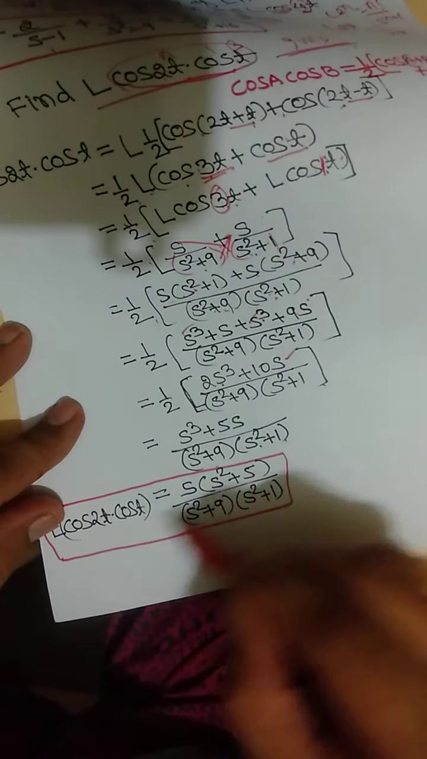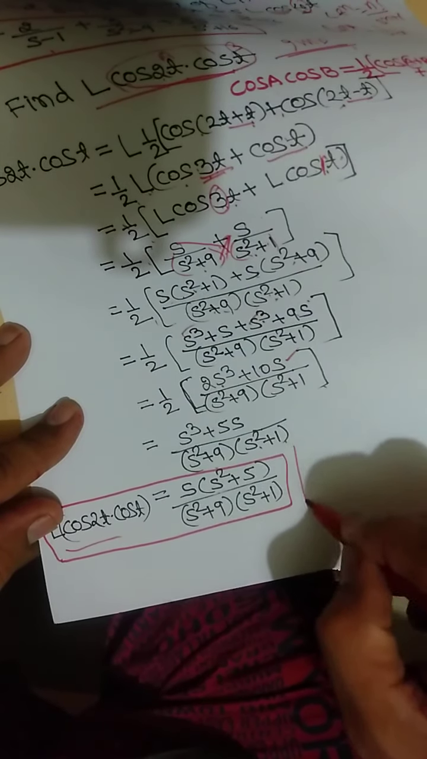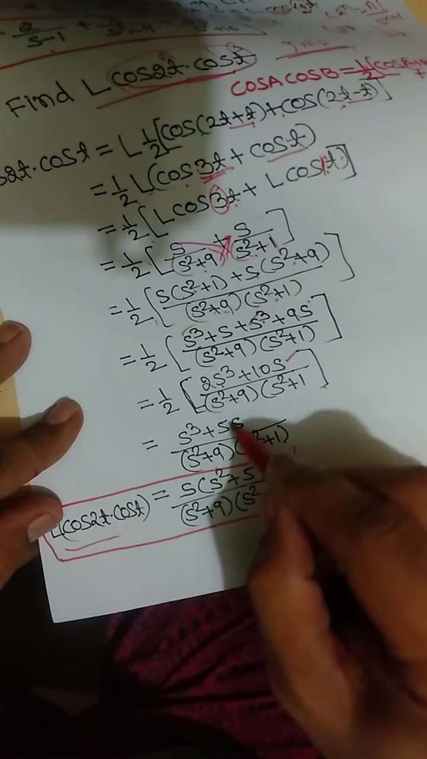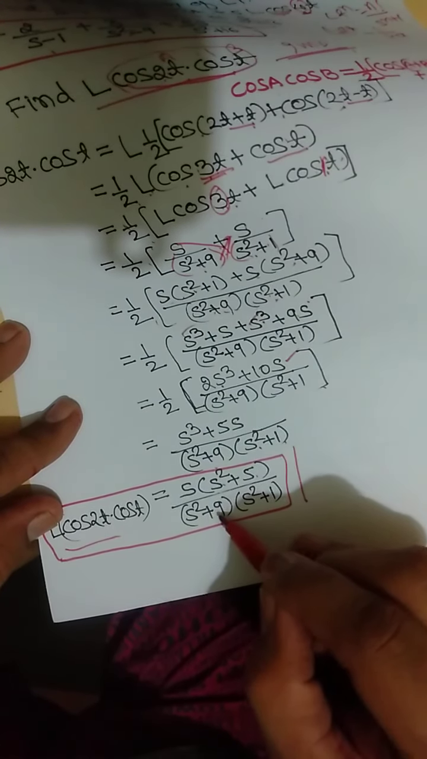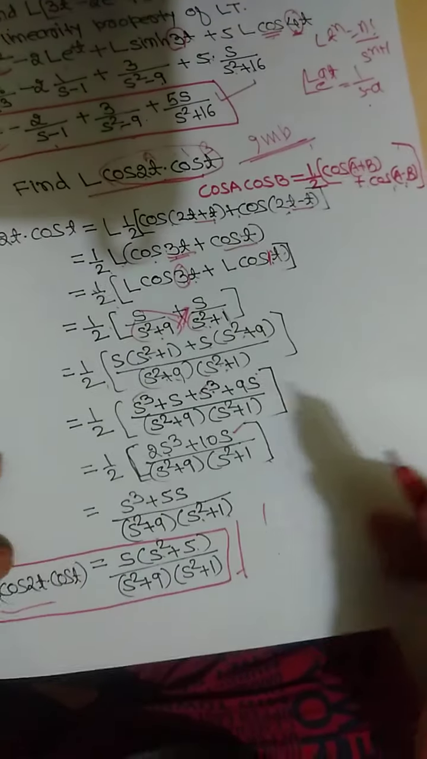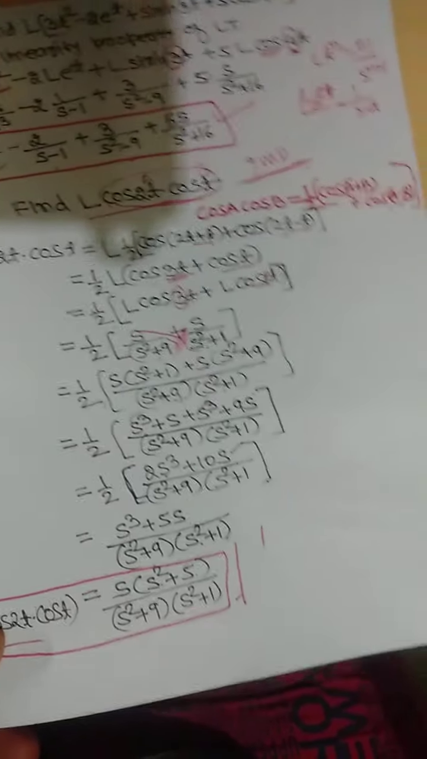So in this way, that is the Laplace transform of cos 2t into cos t. Simplifying, taking s common, you will get s times s square plus 5 upon s square plus 9 into s square plus 1. This is the Laplace transform of this function, and this is very